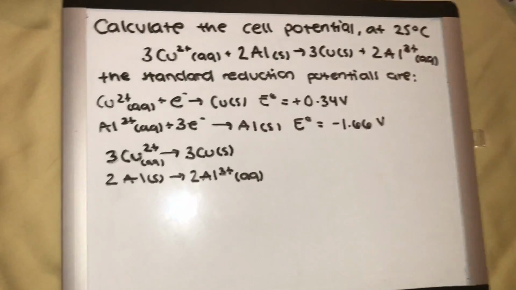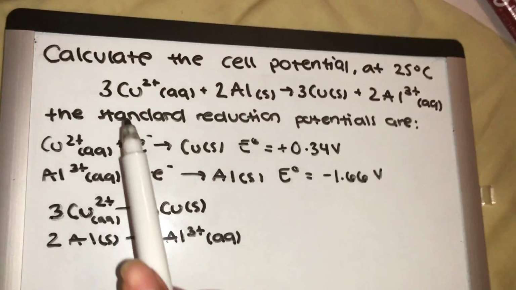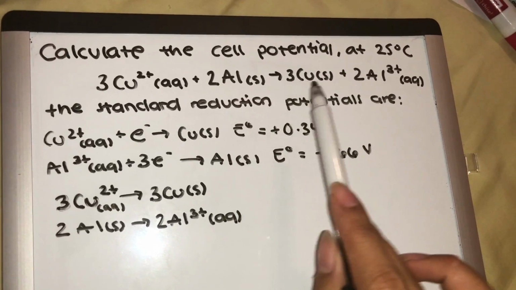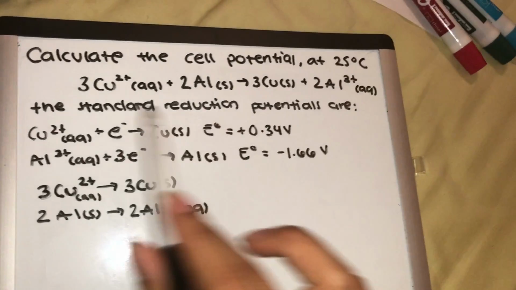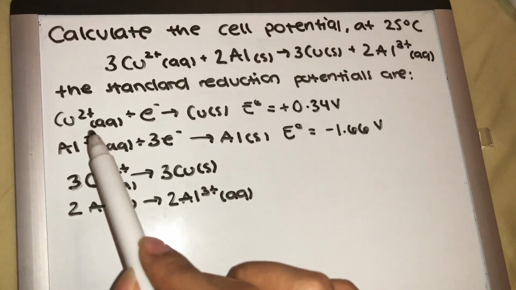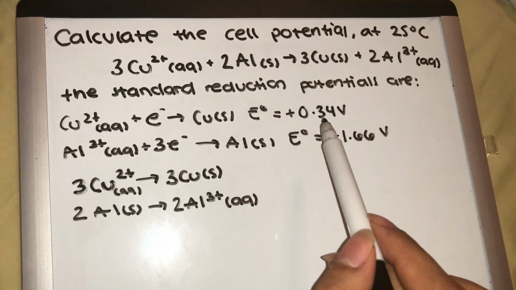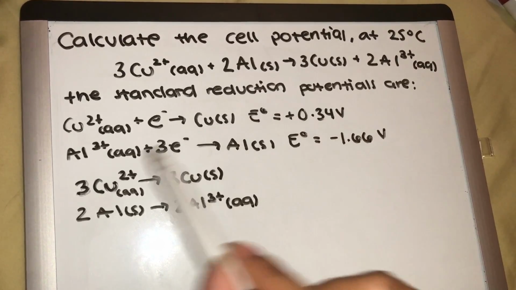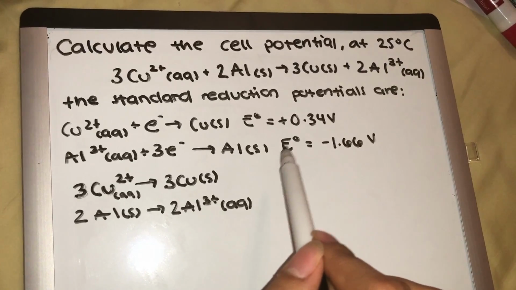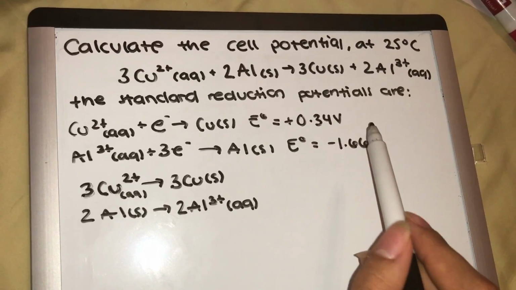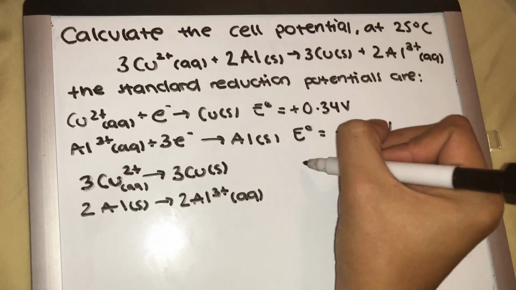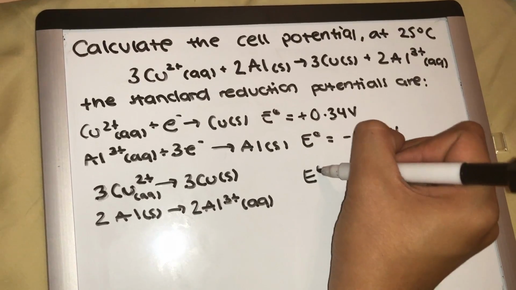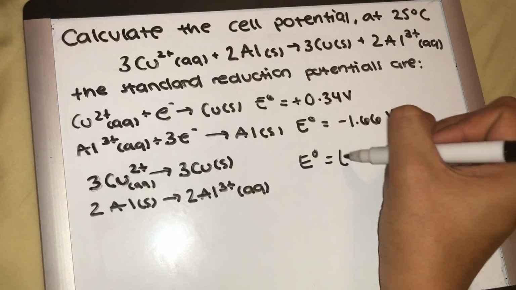Calculate the cell potential at room temperature. So we are given 3Cu²⁺ aqueous, 2Al solid, 3Cu solid, and 2Al³⁺ aqueous. The standard reduction potentials are the following: E° of positive 0.34 volts. For the second half reaction, it's E° of negative 1.66 volts. And to find the cell potential, we know the equation to find the cell potential is going to be